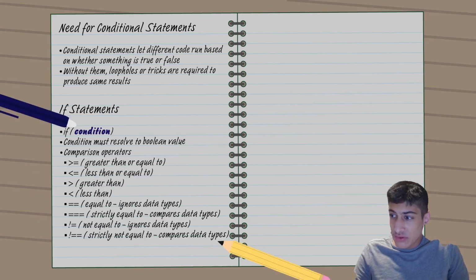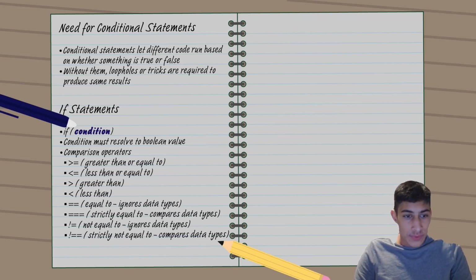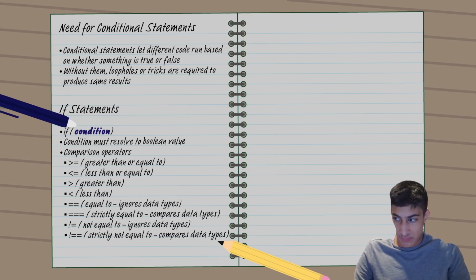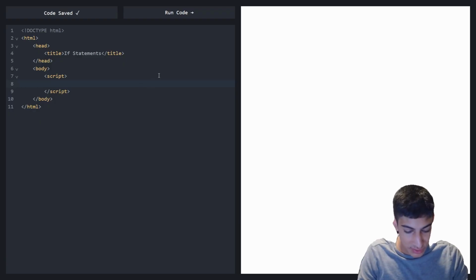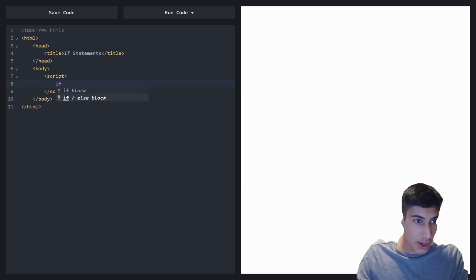The first way of conditionally running code is through if statements, which take in a condition, which is basically a yes or no question that resolves to a Boolean value. You can either pass a Boolean value directly inside, or you can use a comparison operator to compare two values together. We can test if statements by first typing in if and then selecting if block, which is the first